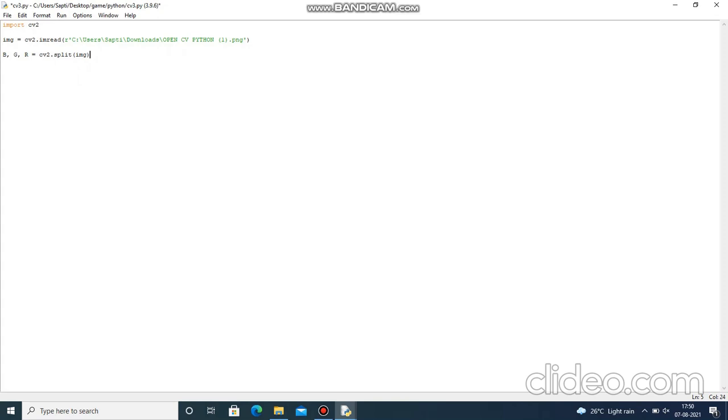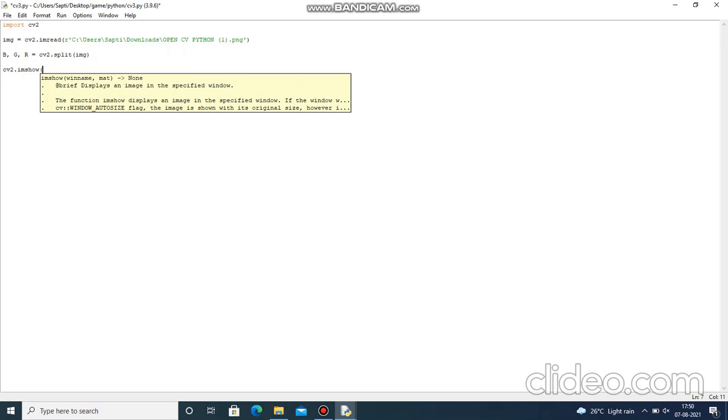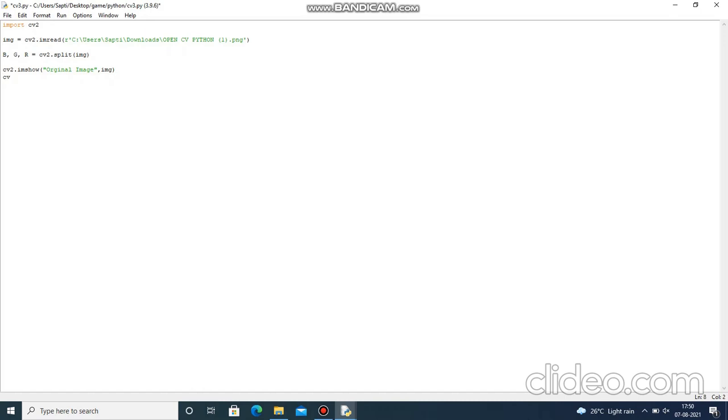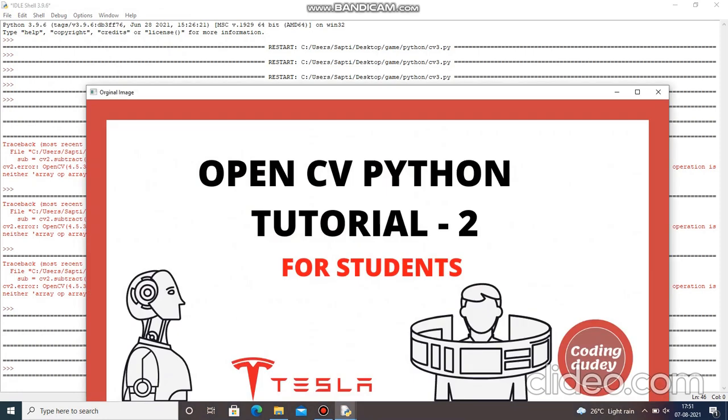Now let's first give cv2.imshow of the original image, img. This is just to show you how my image looked before separating into 3 different channels. Now let's give destroyAllWindows.